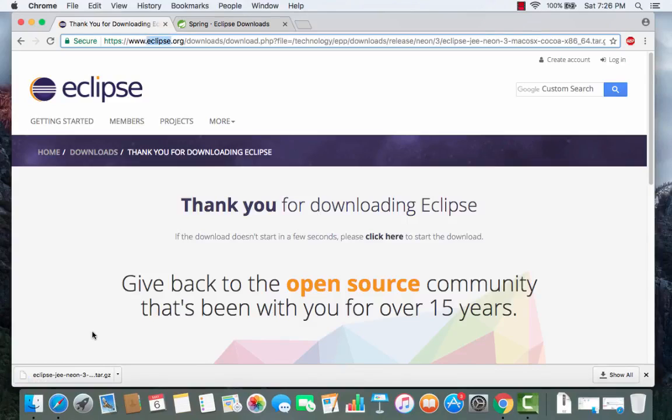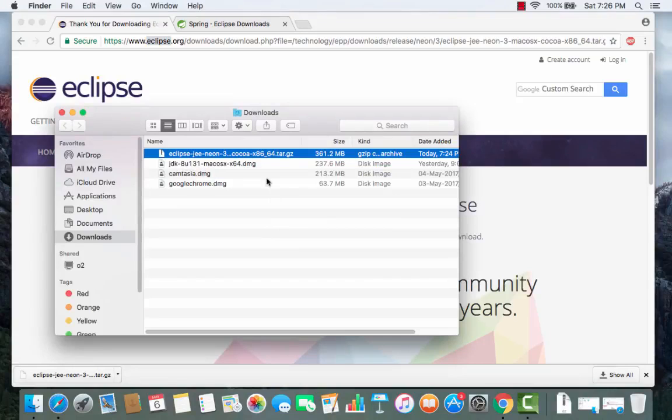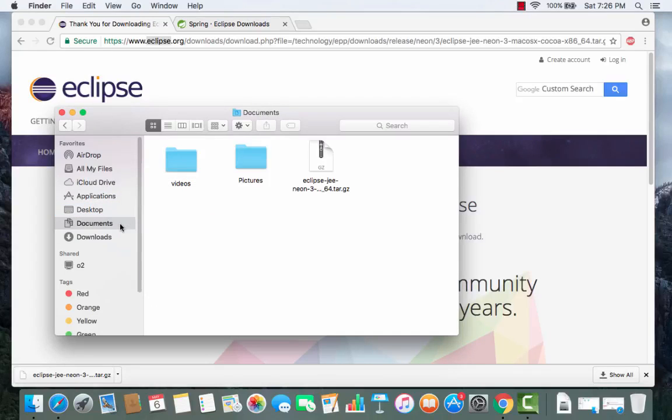So now the download of this tar.gz file is complete in my case. So I can just open it in Finder wherever I have downloaded this file. So this is the gz file, and what I'd like to do is move this gz file into my desired folder. So I'm going to move it to the documents folder